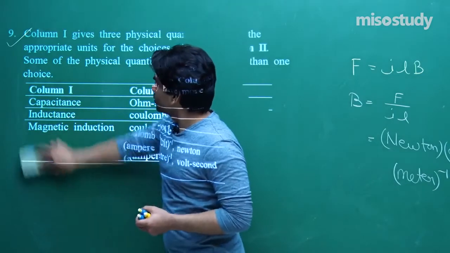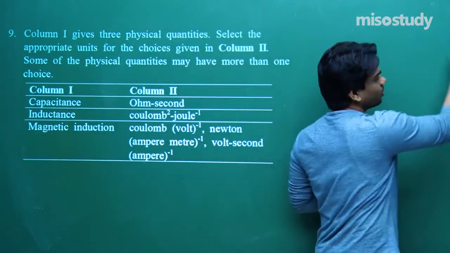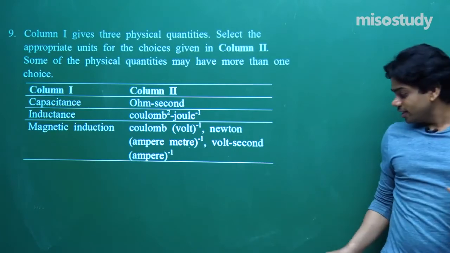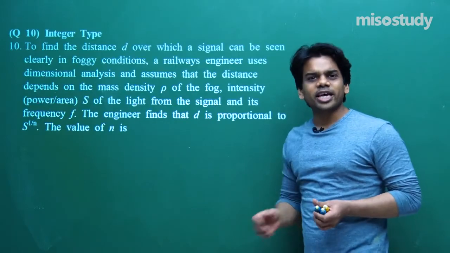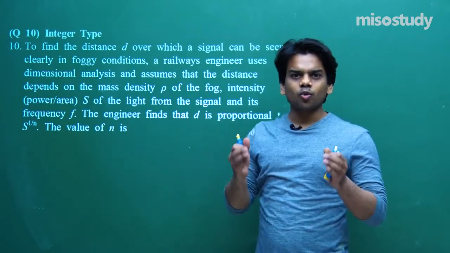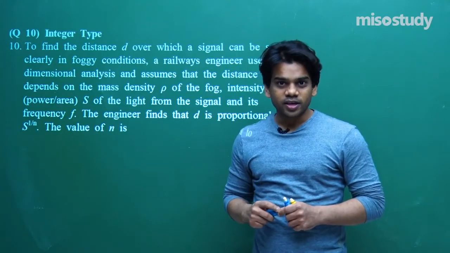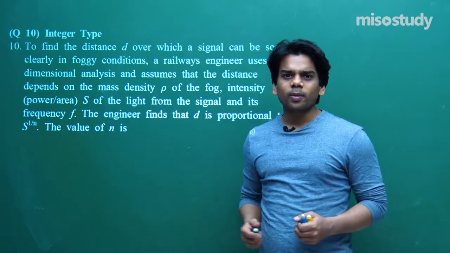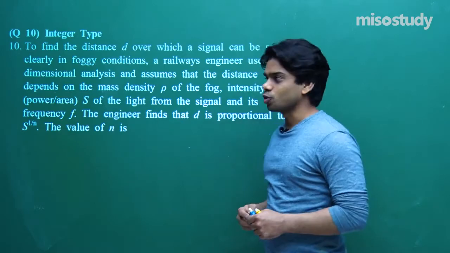And I hope that you are enjoying this session, and understanding more terms in advance, all the terms that will be used in your coming class 11th and 12th portion. Let's go ahead with the next question of the class, question number 10. Integer type. It means there will be an integer between 1 to 9 or 0 to 9, and only an integer will be the right answer. If you bubble the right integer, you'll get full marks; if you don't bubble, you'll get no marks; and if you bubble any wrong option, you'll get negative marks also. So be aware of this.